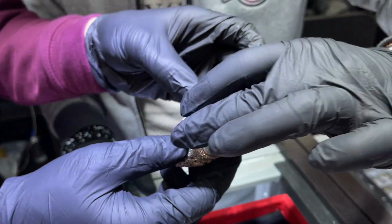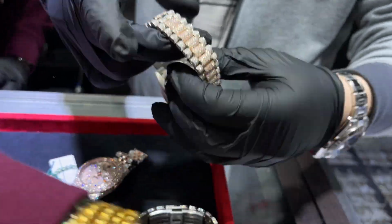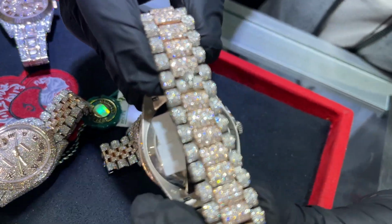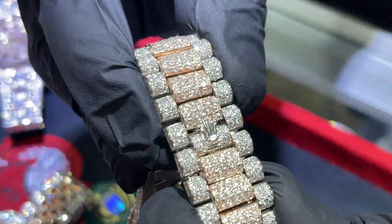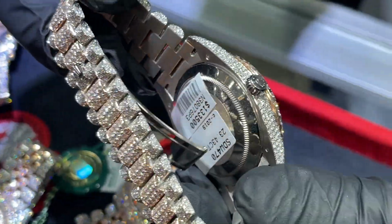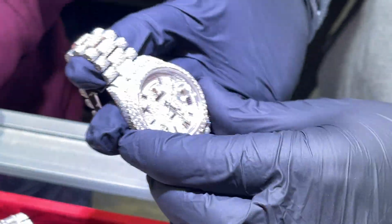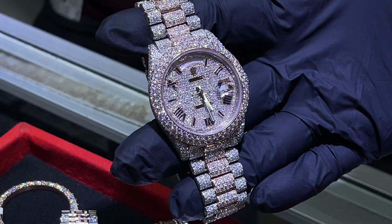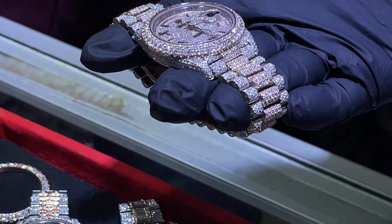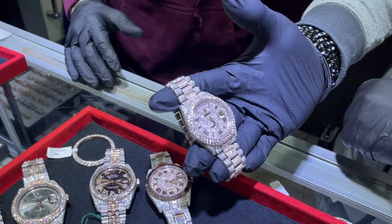I think it's a beautiful piece, flooded out, all right? Rolex presidential band. The crown there, real beautiful touch, diamonds on the side of each links. So, two-row bezel. So a piece like this is about 65,000, something around there. Fully iced, and if you're watching these prices now,